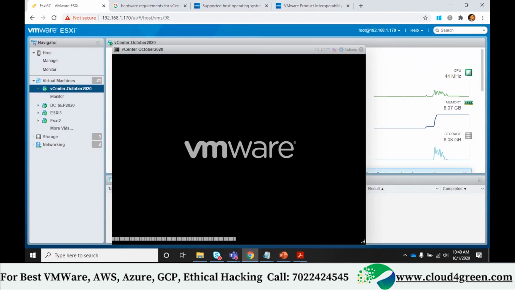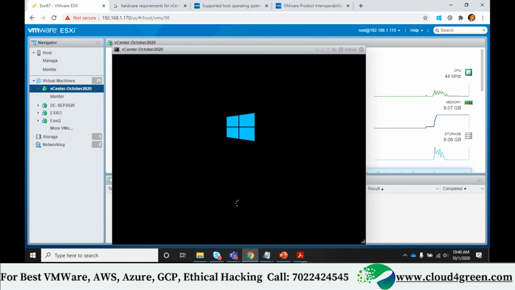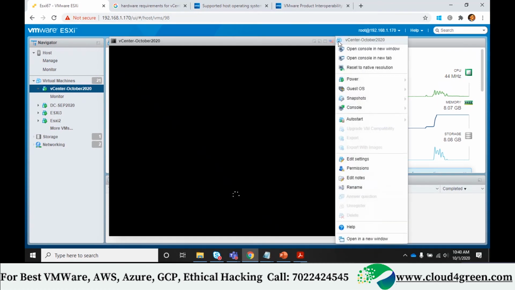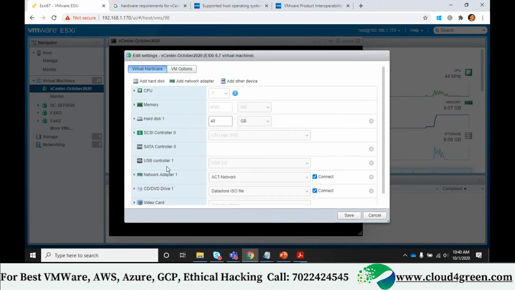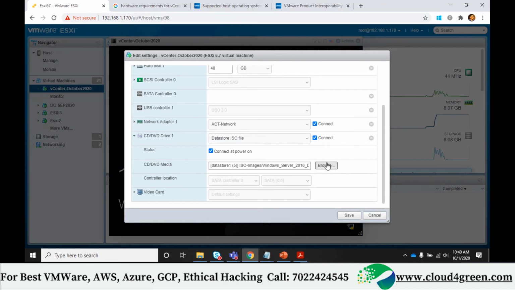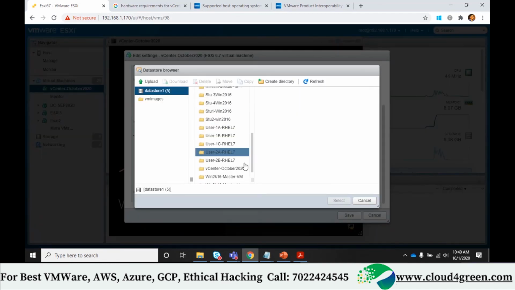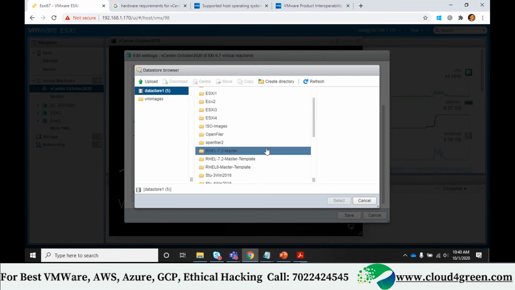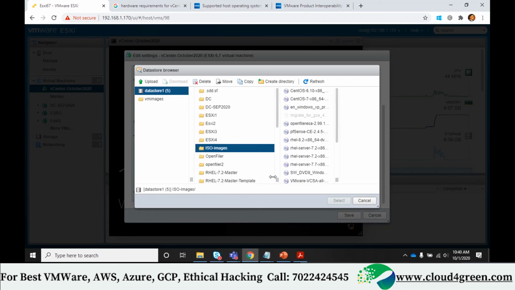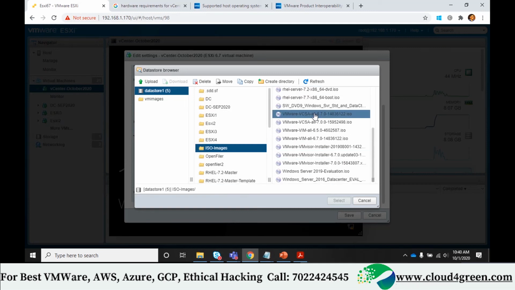So what is the next step? I'm going to mount vCenter 6.7 ISO so that the file residing under this will be installed. Look into my screen carefully. I want you to watch this vCenter installation video at least 2 times. Guest OS, sorry, edit settings. I have to unmount OS file and mount vCenter's file. Can you see data store? Earlier Windows Server images was mounted. Now there is something called Vim install. Vim OS images. Within OS images, can you see VCSA is there? I don't want VCSA. I should install Vim.